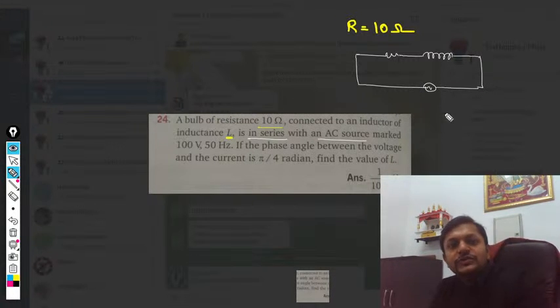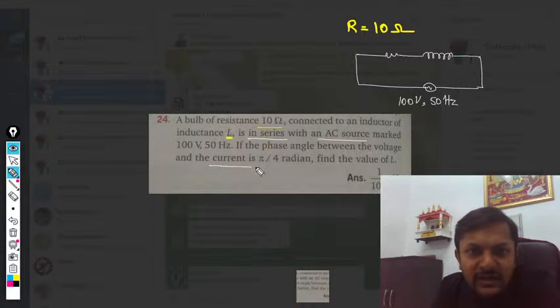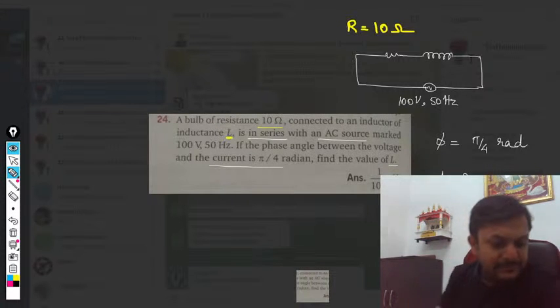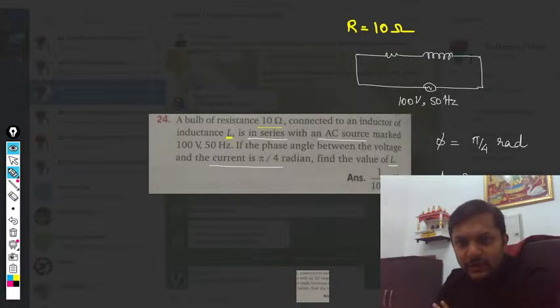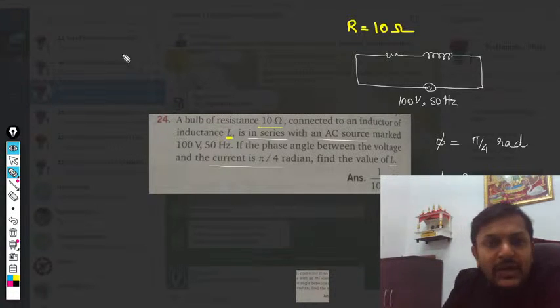With an AC source marked 100 volt and 50 hertz, the phase angle between the voltage and the current is given as pi by 4 radians. Find the value of L. तो L की वैल्यू हमें फाइंड करनी है, तो लेट अस सी हाउ वी विल डू इट।